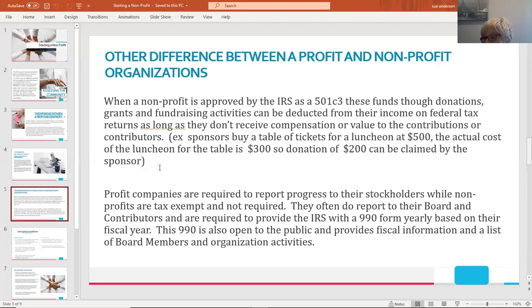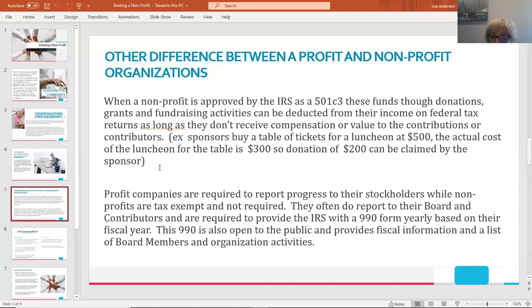As an example of that, a corporation or a bank might buy a table at a nonprofit luncheon, so they would say pay $500. After the expenses are figured out to be $300 by the nonprofit, that company or bank can declare that $200 of that was actually a sponsorship or a contribution, and declare it as such on their individual or their company tax forms. Again, like I mentioned, a profit company or business files a tax form. It's called corporate taxing. Sometimes it's a Schedule C. There's additional information that's provided with the tax form that goes to the IRS.